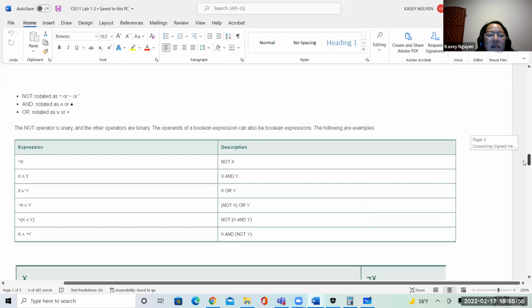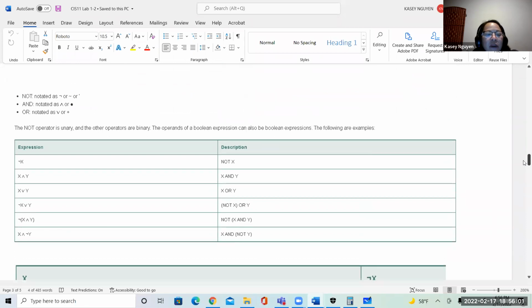Okay, so I want to spend some time talking about operators. We are going to use and, not, and so on, when we apply conditions like if and else statements in your program. Just like how you write it in C++, sometimes we would need to be able to apply the operator. Also, you would find that some of the operators will output a specific value that will be equivalent to using